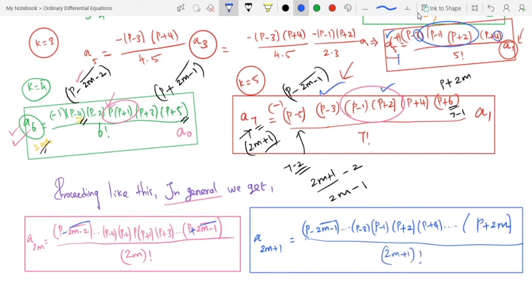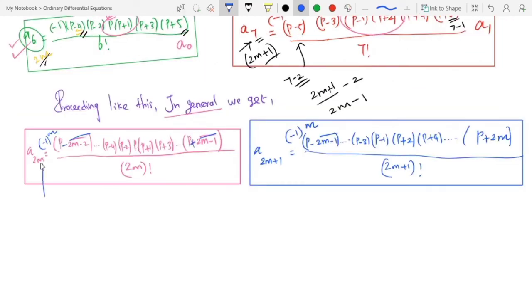One thing we must write, so we have two consecutive A suffix odds or two consecutive A suffix evens, all are alternative positive negative. Is it right? So we have to write before minus 1 power m to get alternative positive negative in the sequence. Similarly, minus 1 power m. If you replace m by 1, that is A2, minus 1 the whole power m replaced by 1, minus 1 power 1, that is minus. So A2 is minus. Replacing m by 2, that is A suffix 4, minus 1 power 2, that is plus.